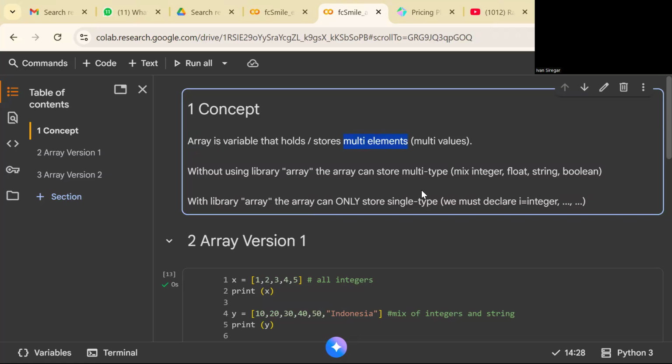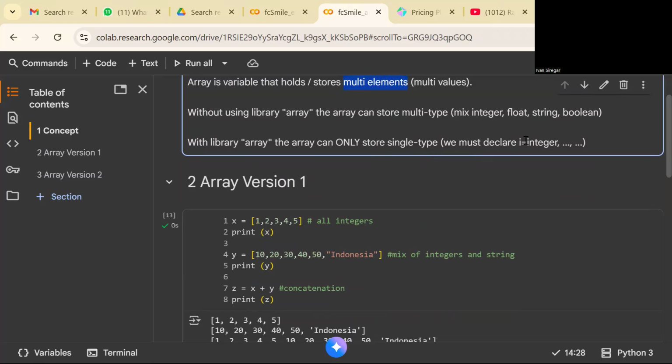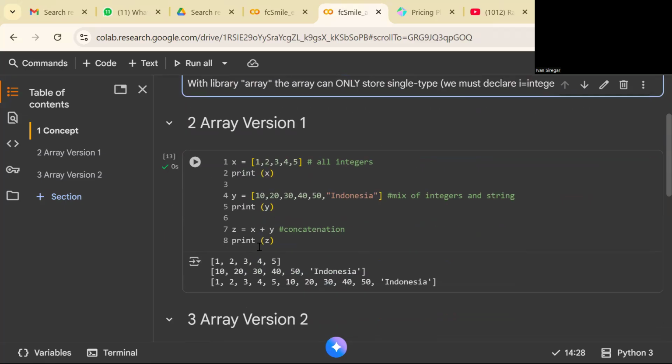Without using the library array, the array can store multiple types, so you can mix integer, float, string, and boolean. But when you are using the array library, the array can only store a single type, just I or another one. So we're going to try. This is the example.